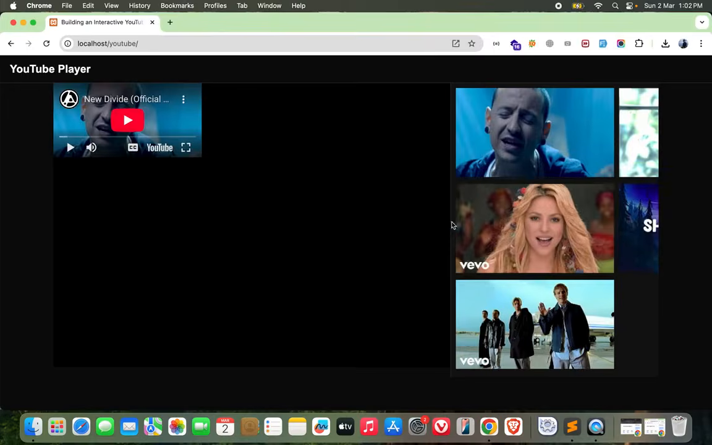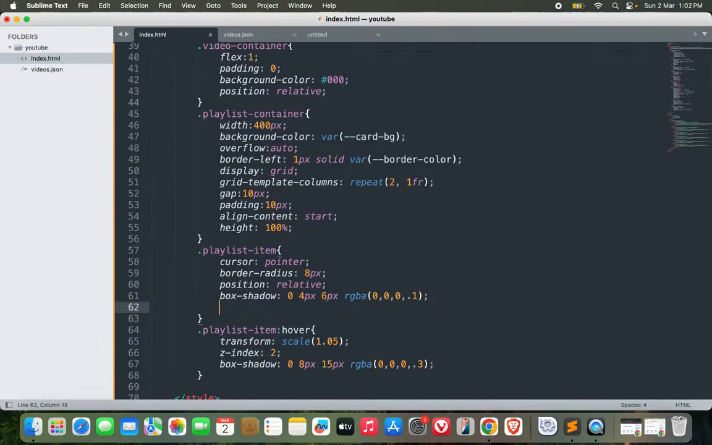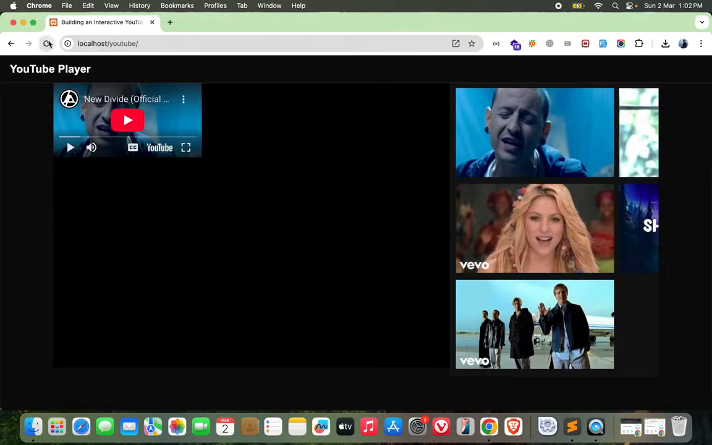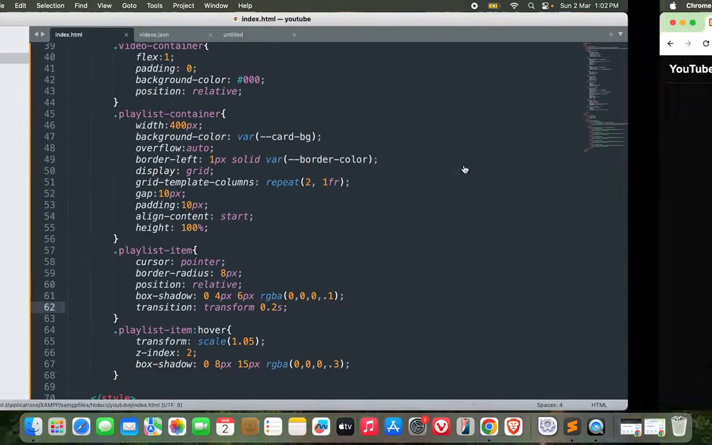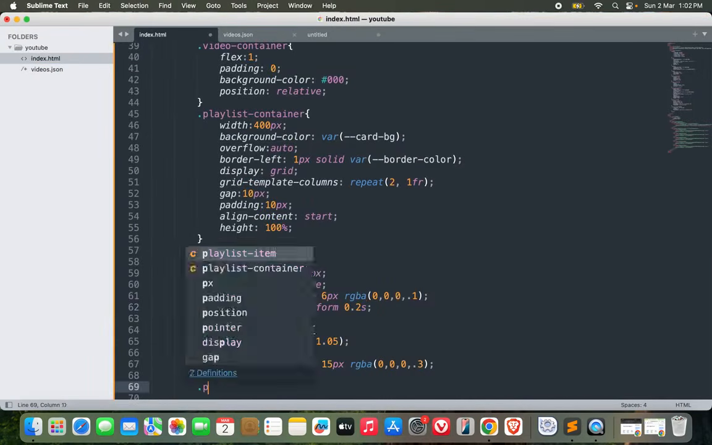Okay, it's working. I need to make it smooth with some transition. Transform 0.2 seconds. Yeah, this is better now. Let's move on to playlist